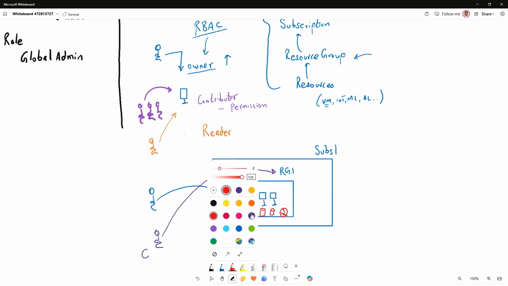Now, this is where things look a little bit tricky. Why? Giving you a contributor to the entire resource group means that you can manage everything that's inside, delete, edit, amend everything apart from the permissions to the entire resource group. So this brings me to a little bit of a tricky situation because I need to now manage some resources and not others. Now is it the time for me to give you access one by one? Well, maybe not. We can still find a better way.